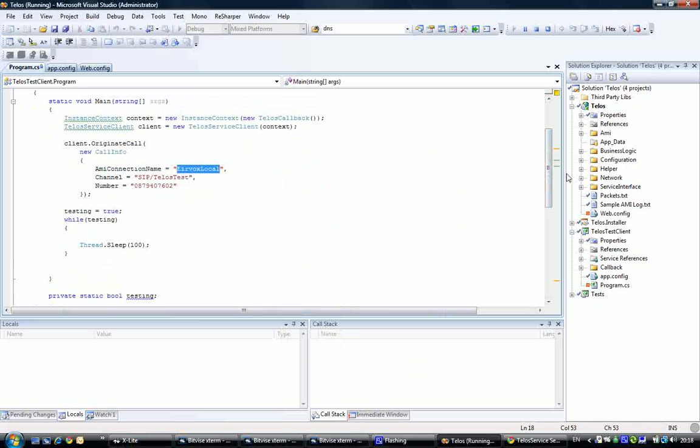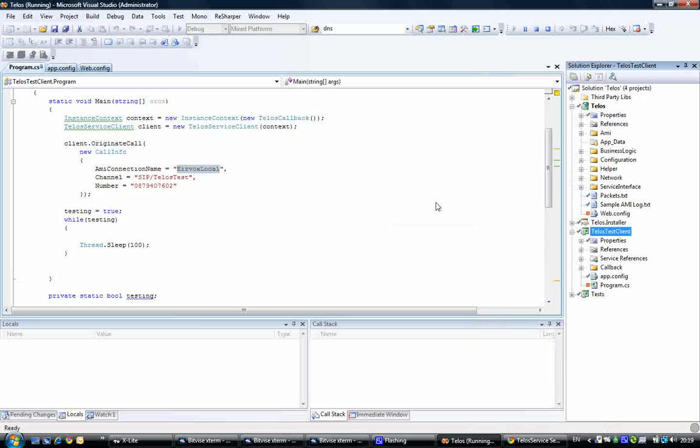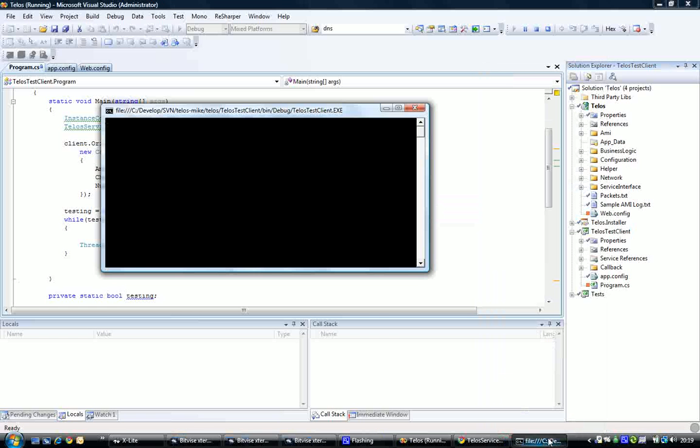Okay, I'm just going to go right ahead and run this, and when I run this in another debug session up here, you're going to see the calls coming back from Telos as the originate call request progresses through the various states of logging in to Telos and Telos making the call and so forth. So I'm going to start that right up there, and it opens up a console interface here,